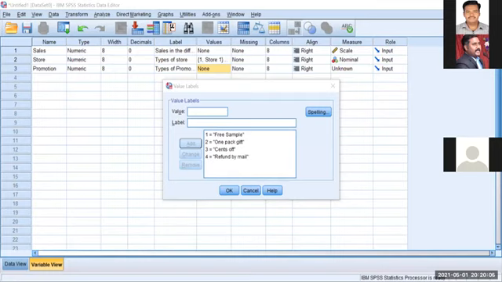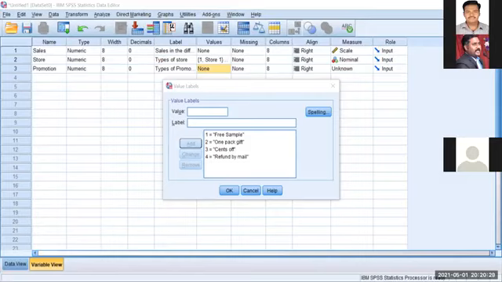For example, sir, I have 50 variables in my questionnaire, excluding demographic factors. For all the 50 variables, you ask the respondents to give a rating from 1 to 5. 1 is highly satisfied, 2 is satisfied, 3 is moderate, 4 is dissatisfied, 5 is highly dissatisfied, or 1 is